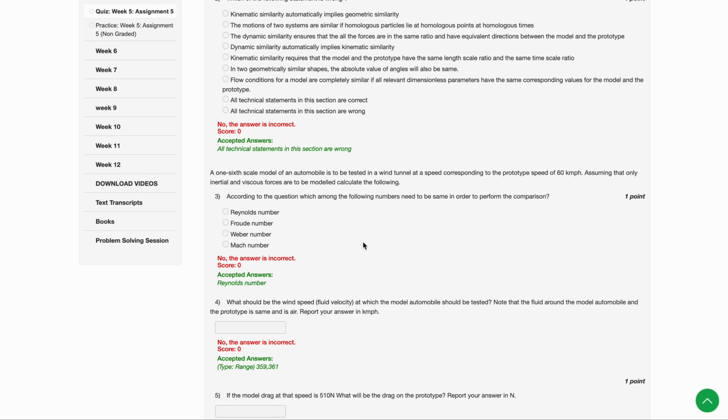Calculate the following. So what is given, so you have a prototype